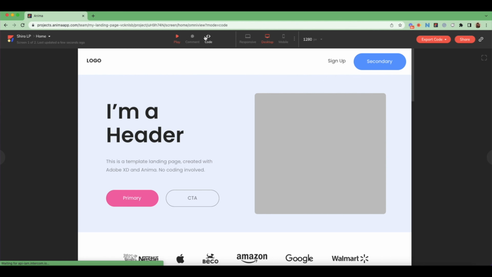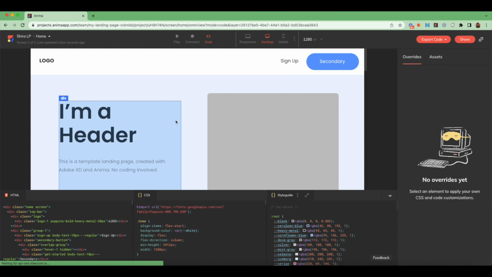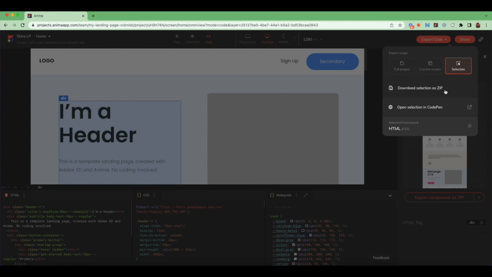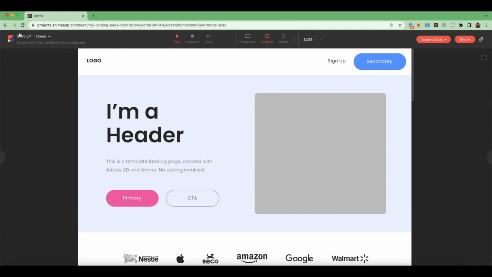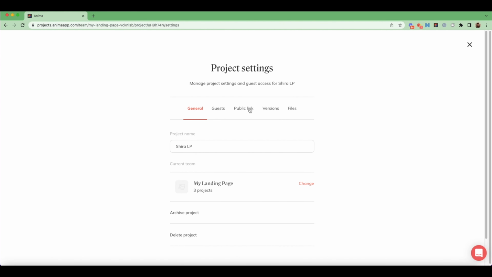From Code Mode, you can see the generated code for all elements in your design. You can change the code framework and even export all the code to host it yourself. But if you don't want to deal with code or are pressed for time, you can easily host your site with Anima. From the project page in the top right corner, click on Project Settings, and from here, click Public